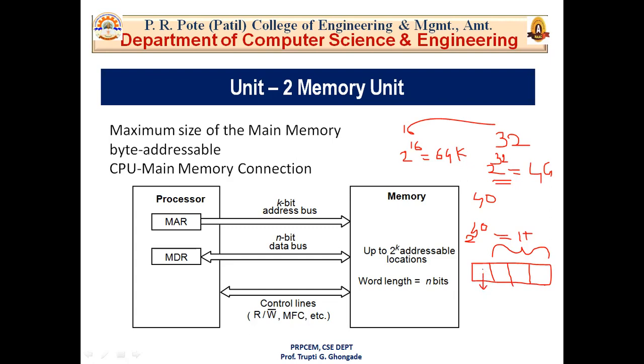determine which word will be accessed, and the lower order byte determines the address. As we have seen, let's say this is J, then this is J plus 1, J plus 2 and J plus 3. Now what is the address of your first word? It is J. If we elaborate again, this is J plus 1, J plus 2 and J plus 3, which means the next word is J plus 4. Then what is the address of your second word? The address of your second word is J plus 4.